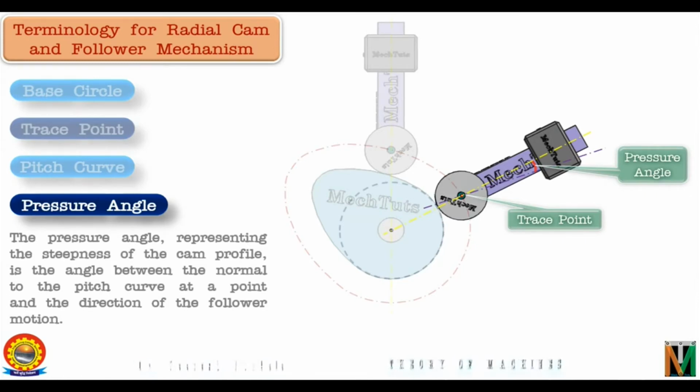Pressure angle will keep on changing depending on the cam profile, and for the roller follower, that is translating follower, the maximum allowable pressure angle should be less than 30 degrees, and for oscillating follower this value should be less than 45 degrees. So I hope